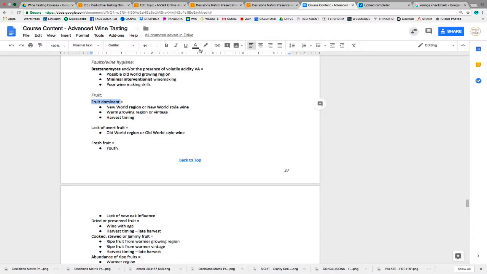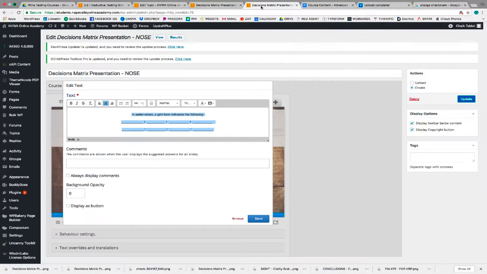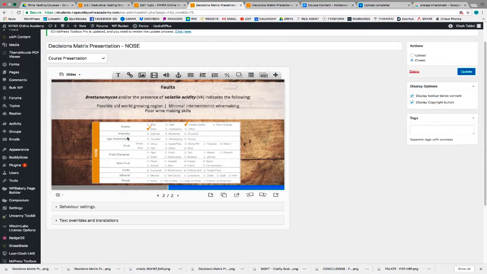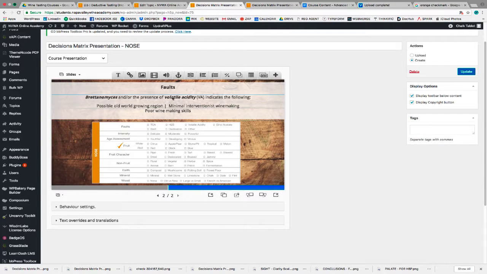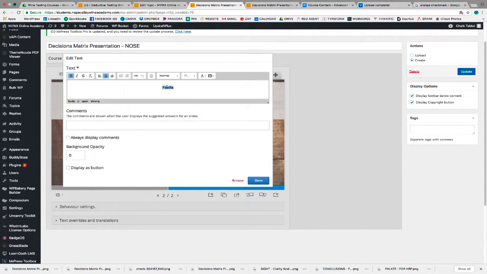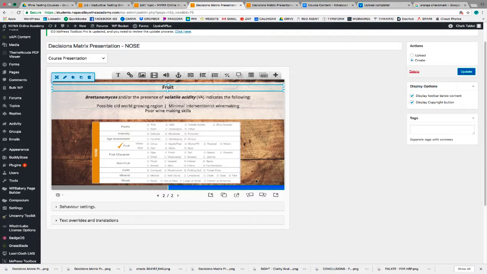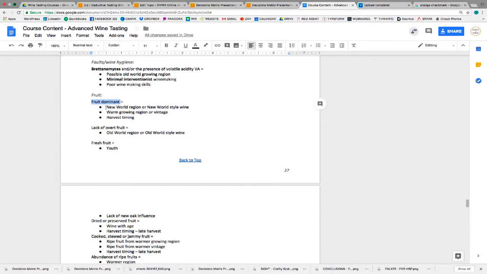If fruit is dominant, I mean, for that, I would just put a check mark here. So I would move my check. If fruit, I guess any kind of fruit is dominant, I can delete this guy. Change this to fruit. And say,